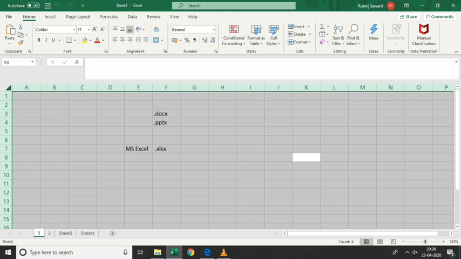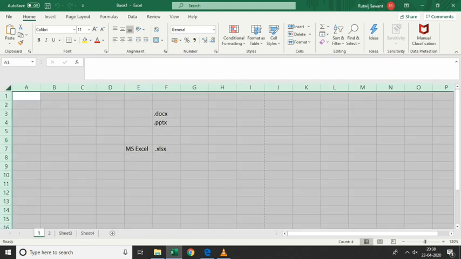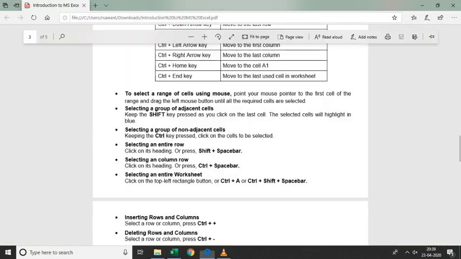Entire number of rows or columns, whatever you have, the entire worksheet will get selected. You can also, here this is a part, you can see before my column and row headings start, there is one small rectangular box. This is called the cross section area. Okay, so you can also click within that and your entire worksheet will get selected. Okay, and you can also use Control plus Shift plus spacebar.